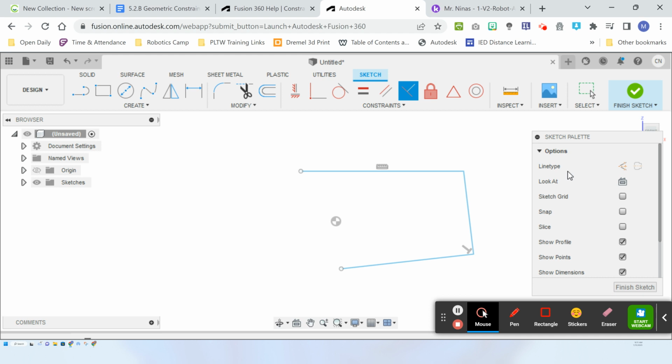Now, if you do it backwards, like I think I just did there, if you hold down Control and hit Z, that's the undo button, and it will undo one step at a time. So that's a brief introduction to constraints and